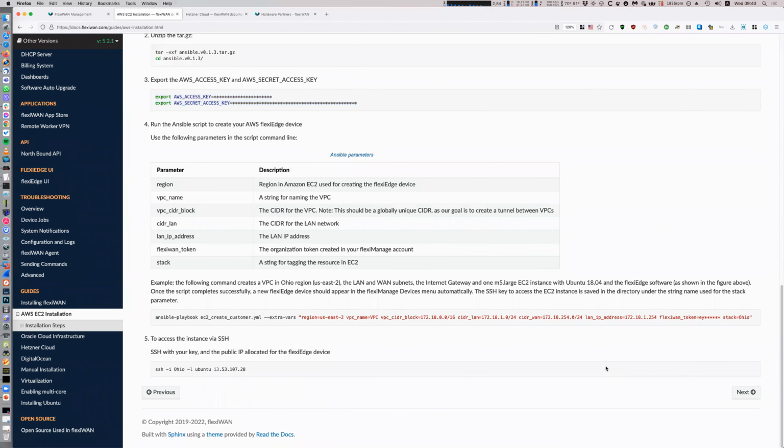So let's talk a little bit about the script that we're going to create, that's going to create your AWS FlexiEdge device. This script is just a single one-liner that chooses everything. But here we added the description for all the sections of the commands. So you can choose region, VPC name, CIDR block, CIDR LAN, IP, basically setting all the networking information, and you pretty much keep everything as default if this is just for testing purposes. And if you want to keep this FlexiEdge device in Ohio,